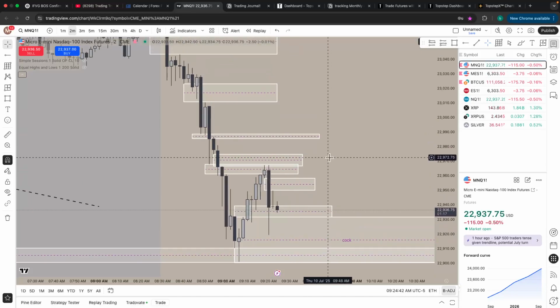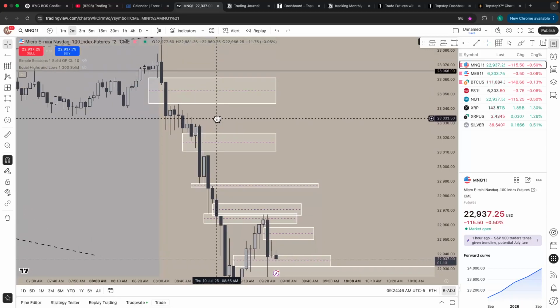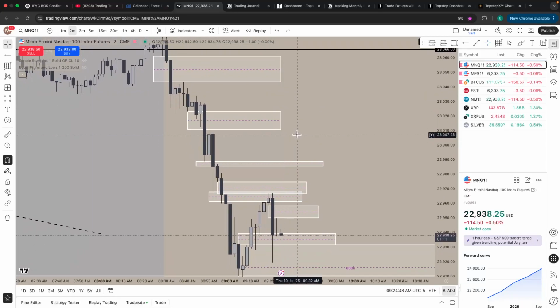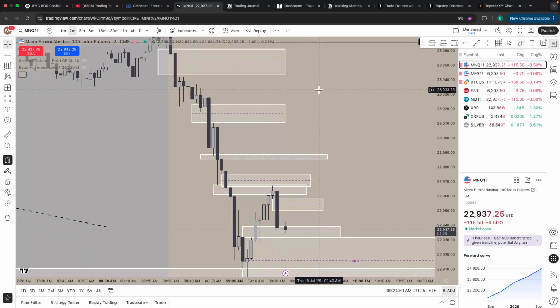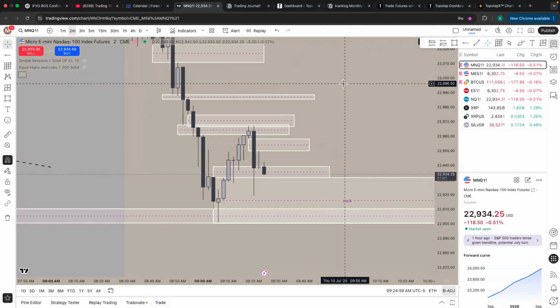I'm entering in longs. I'm targeting highs, probably up to here. We'll be targeting fair value gaps. I'll probably do actually a pretty decent risk. So let's just run through the confluences. We have a liquidity sweep. On top of that liquidity sweep, we have a 5-minute inverse fair value gap. We had a 5-minute continuation confluence. All we would need now is our 2-minute or 1-minute inverse fair value gap, retrace, breaker structure, A+ setup.